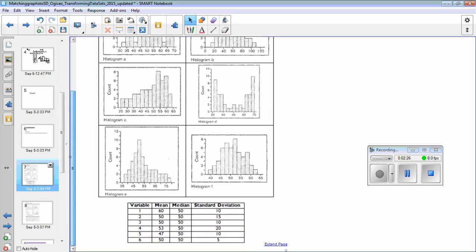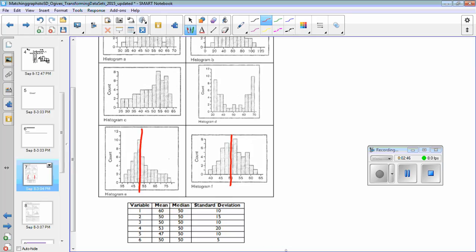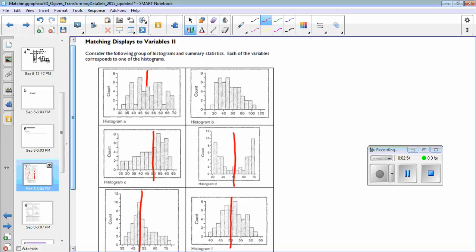And then you're going to look down here at their mean, median, and standard deviation. What do you notice about the median for each of them? They're all the same. As a matter of fact, why don't we draw it in? Go ahead and find your 50 and draw in the median for each of these. Now I'm estimating because I'm doing it on a smartboard here. Hopefully your line is a little straighter and prettier than mine. We're going to draw that in because that's the middle, right? So we're going to put the middle in on each of these.